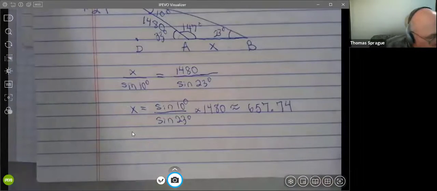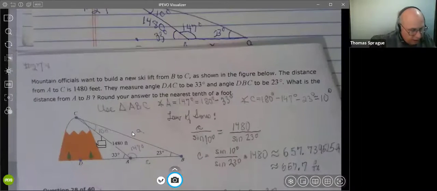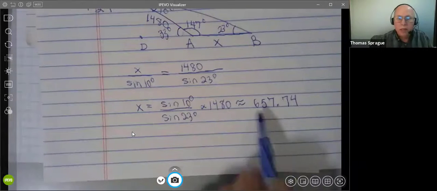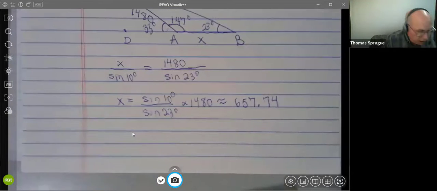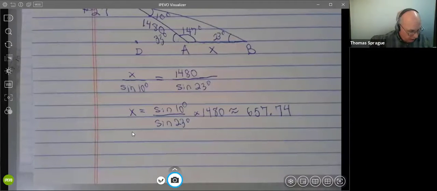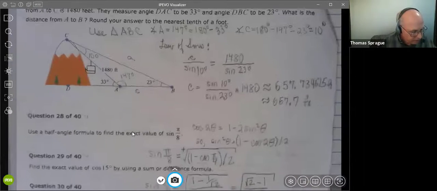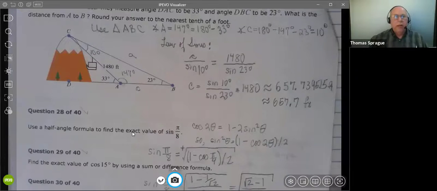And this probably gave us accuracy to the nearest tenth of a foot. So 657.7 feet is the answer they're looking for. And fortunately, I got that last time I did it. Okay, any question about that one? Okay,